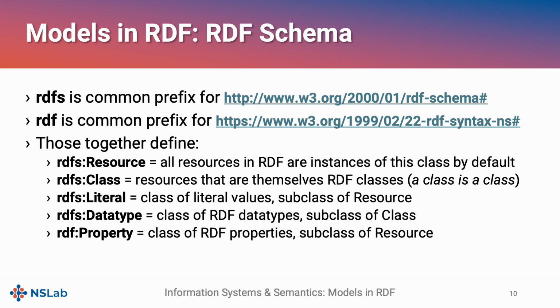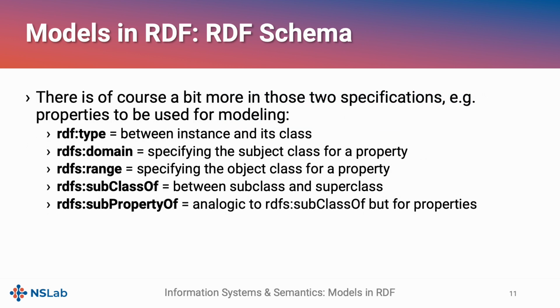Actually, by visiting these links, you can directly see the RDF statements that specify those ontologies and how they actually define these things. So you can see their definition of resource, which is in other words a class for everything. You can see a definition of a class, of literal, data type, property, etc. But there are of course more things covered in these RDF and RDFS ontologies,